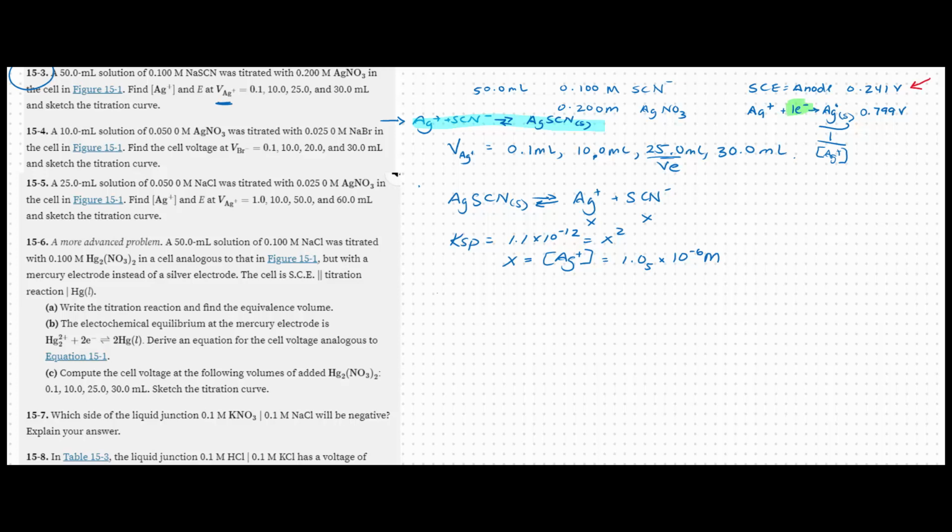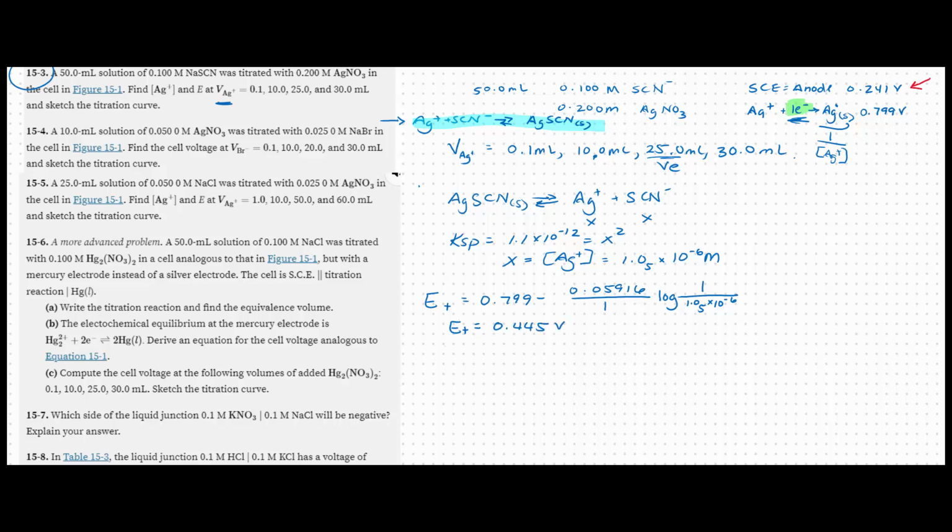So now just as before, the E of the cathode is going to be 0.799 minus, and then we take our constant divided by 1, because we have 1 electron being transferred, times the log of the Q value, 1 over the concentration of this silver. That's why we need the concentration of that silver. So like this, and then you should get that the cathodic potential